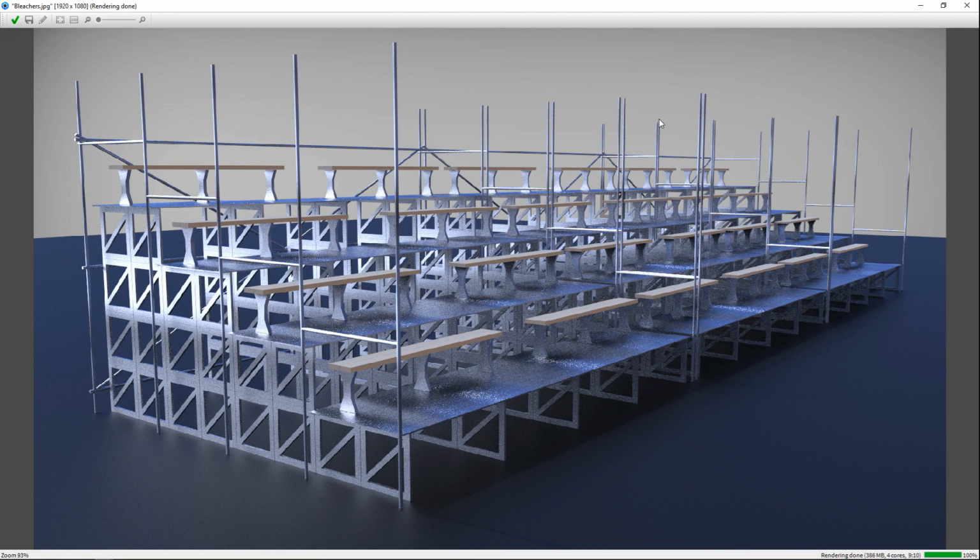Okay guys, there you have it. This is the render. It's a little bit quick and dirty with a little noise in it, but that said, it's just to give you an idea of what it could look like when you have it textured and rendered. It's all about the modeling, but that said, hopefully you guys enjoyed the video.